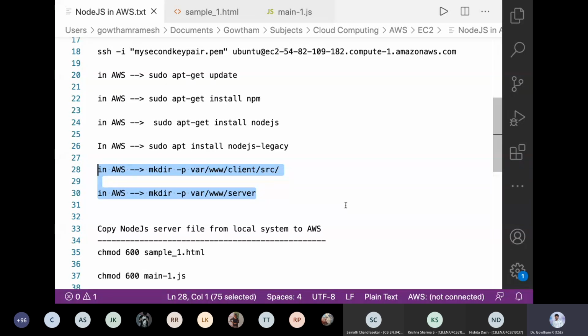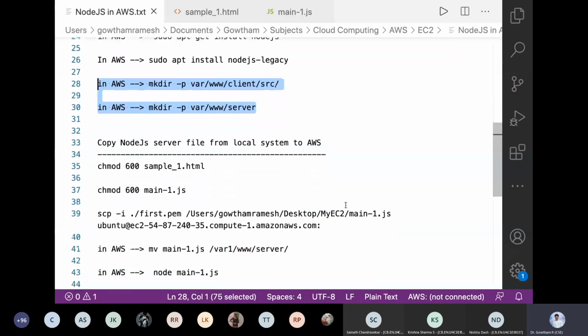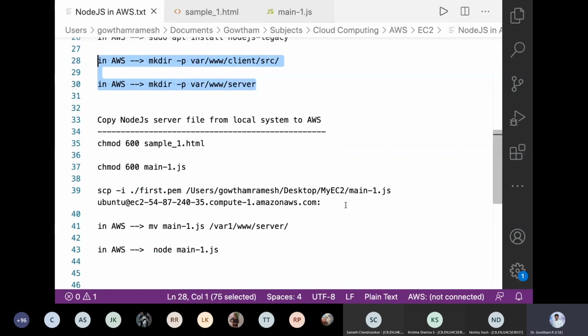I'm going to keep the Node.js program in the home directory itself. Now the thing is, we have the Node.js program as well as the HTML file both in our local system. Somehow we'll have to port the Node.js program to the remote machine, that is the AWS virtual machine. Then only we can execute that program in the Ubuntu environment. So what are we supposed to do?